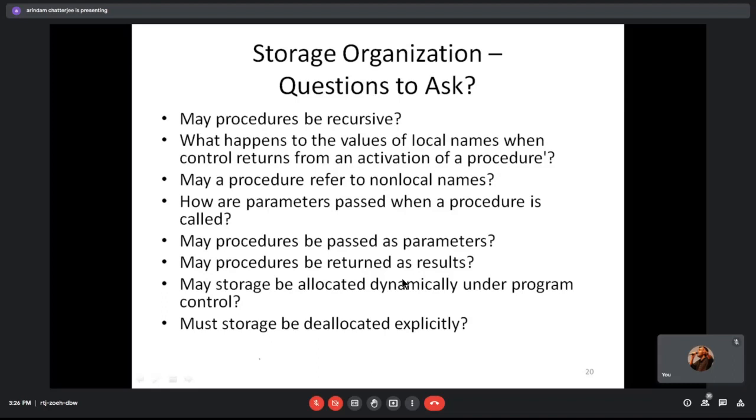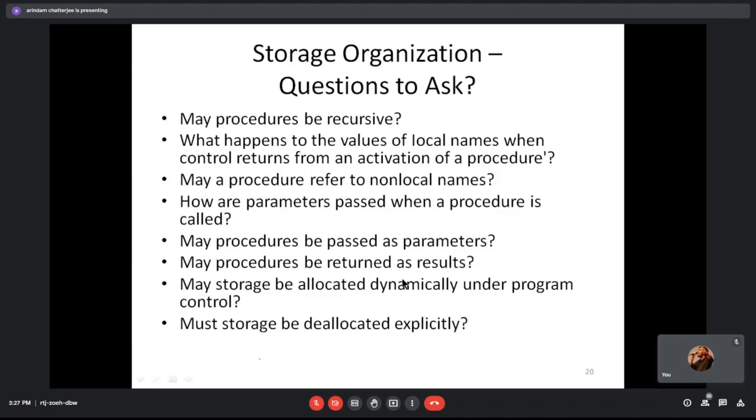Sir, when we design a compiler, we have to take care of all these, whether the procedure can return a result or not. Absolutely, because you are designing your own runtime structure. This is a very important part of compiler design. Till now, we have focused on the syntax of the language and the tokens it can parse. But the very thing which comes next is, how are you handling all these features when you are allocating them in runtime memory?